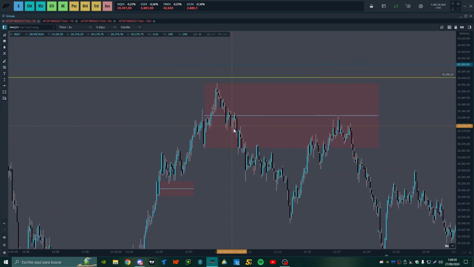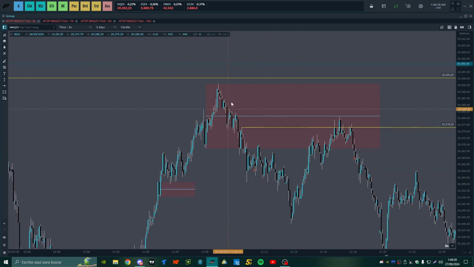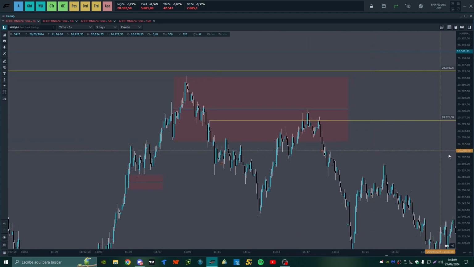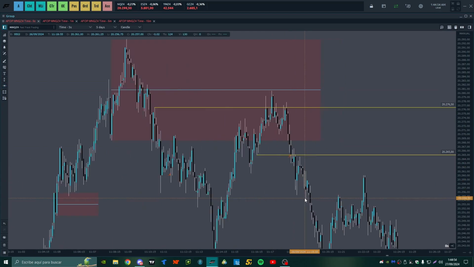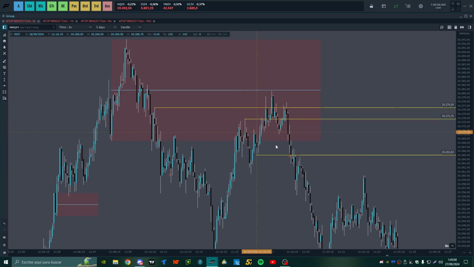So I wait for the price to come and take out this first tap to this area, where the price in this time frame changes structure, and I make the entry with a self-stop below the responsible one. I don't take this one here, because it already wicked by a tick. And this one has something I like. It is at 50% of this.